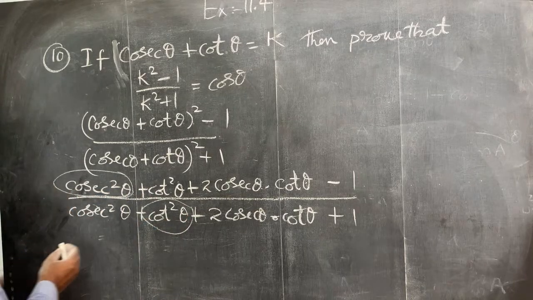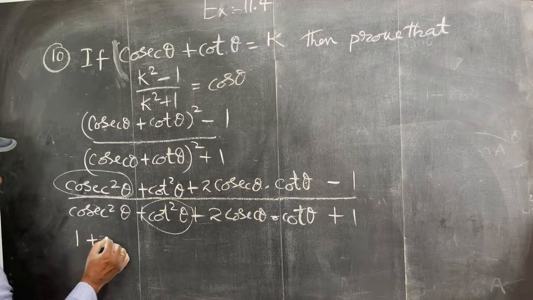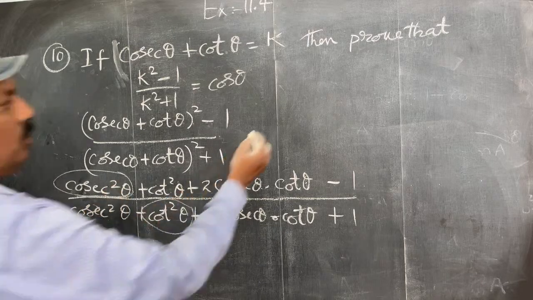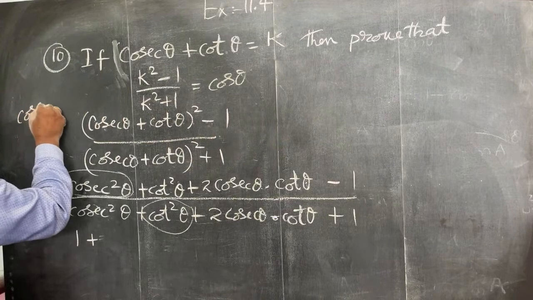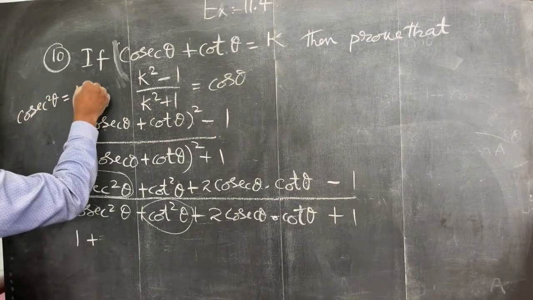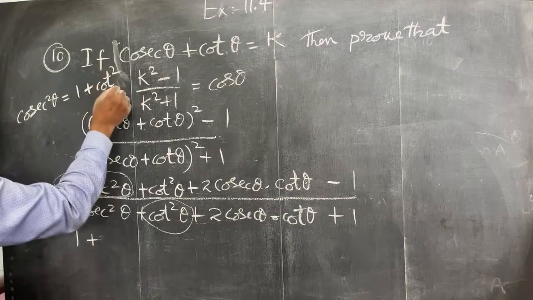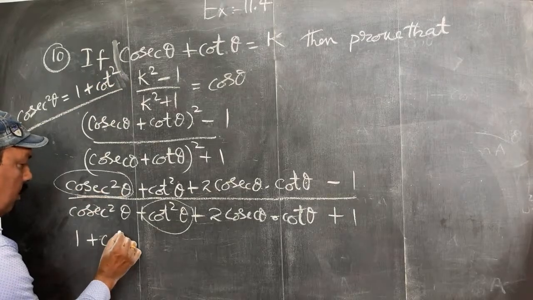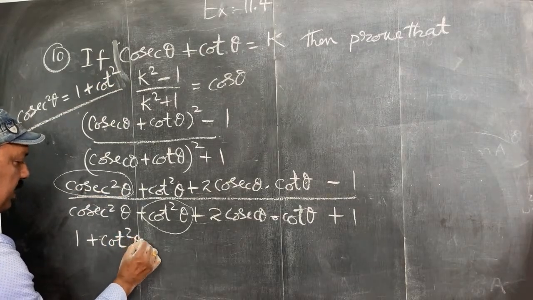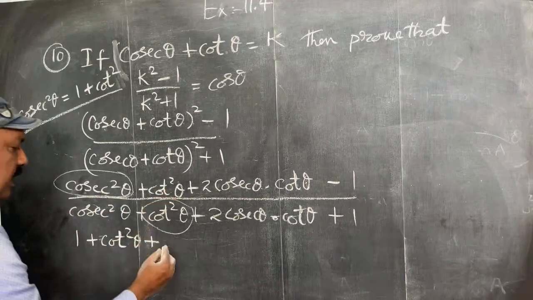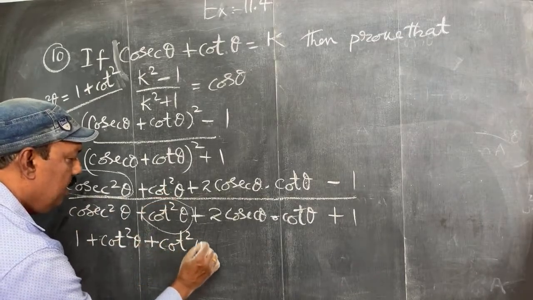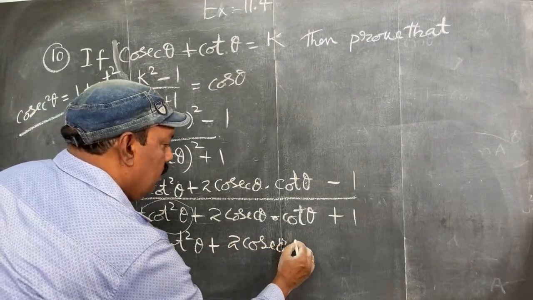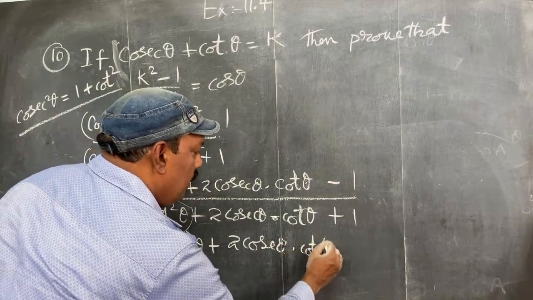So now a square means 1 plus, according to identity number 3, cosecant square theta. That means cosecant square theta is equal to 1 plus cot square theta. So in that place I am keeping 1 plus cot square theta. Then I keep as it is cot square theta plus 2 cosecant theta into cot theta minus 1